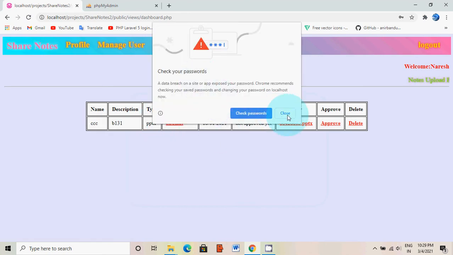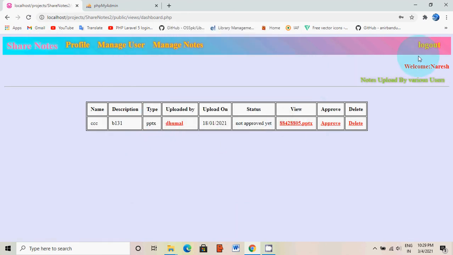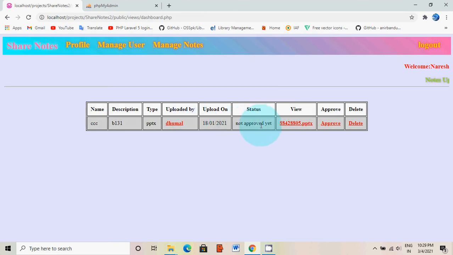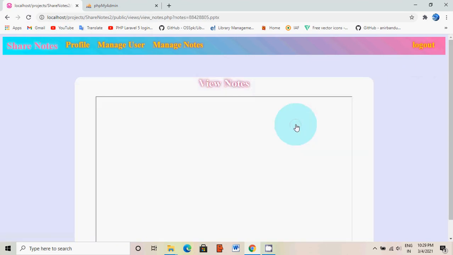Okay, so this is our admin homepage. Here we can see recently uploaded notes. On the homepage we can see how many students recently shared notes. We can view the user, then we can see the document.